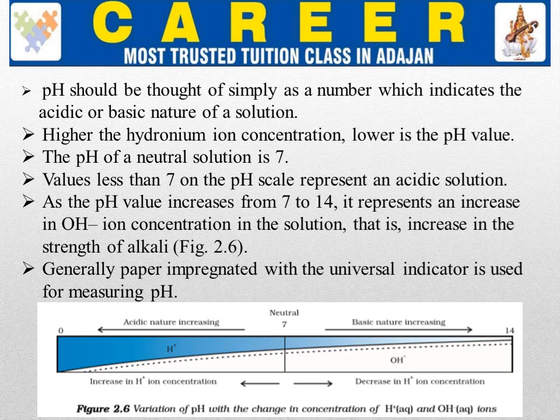जितना H प्लस ज्यादा होगा उतना एसिड नेचर बढ़ेगा. तो जितना 7 से कम पीएच होता जाएगा उतना एसिडिक नेचर बढ़ेगा और जितना 7 से ज्यादा पीएच बढ़ता जाएगा उतना बेसिक नेचर बढ़ेगा. सही है? चलो, वेरी गुड.